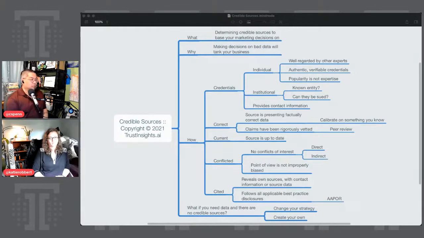On the other hand, if you read their blog and it's 2021, and they say, for Google Analytics, just install the ga.js tracking code on your website, that's not been used in 7 years, so this person is not presenting factually correct data anymore. That would be number two in terms of evaluating a source.